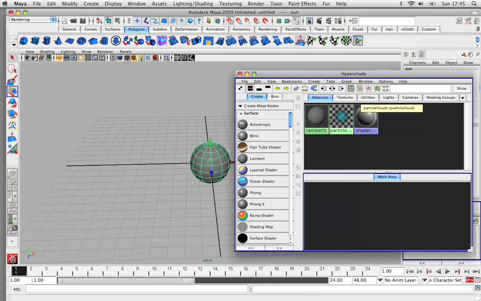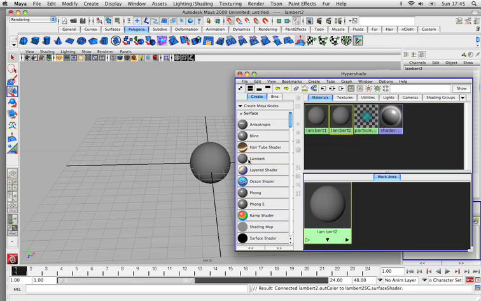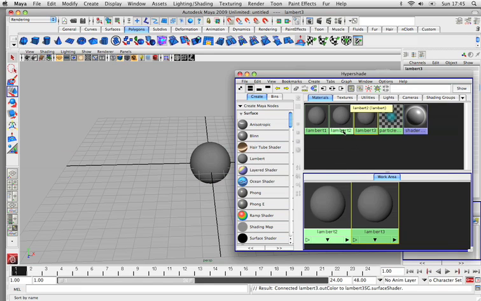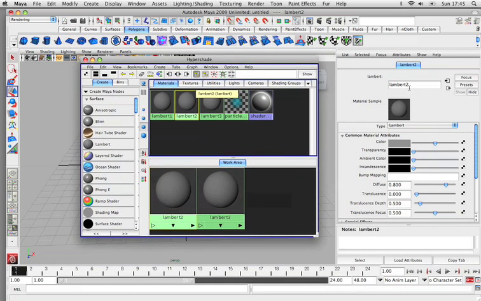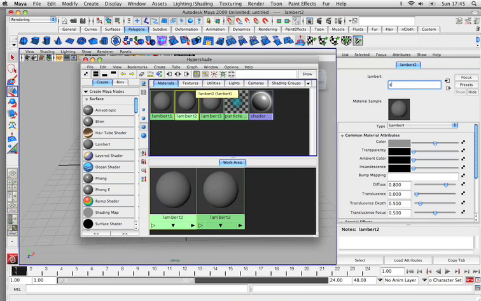By default they have a Lambert, particles, and then shader. I'm just going to create another Lambert and another one, and then in this Lambert I'm just going to double click on it, and we are going to call this Sun underscore, and then we'll put shade